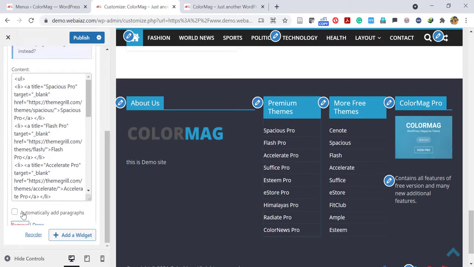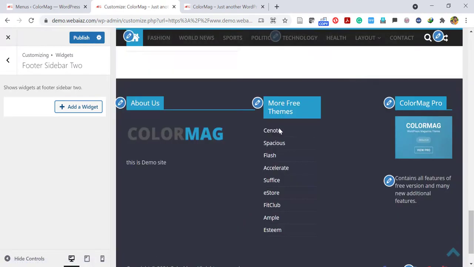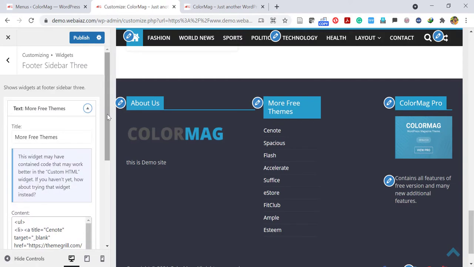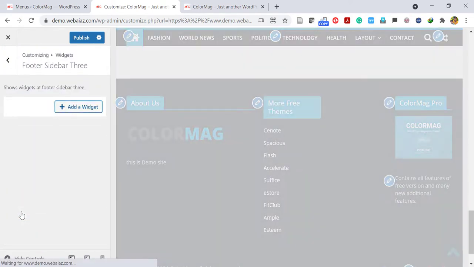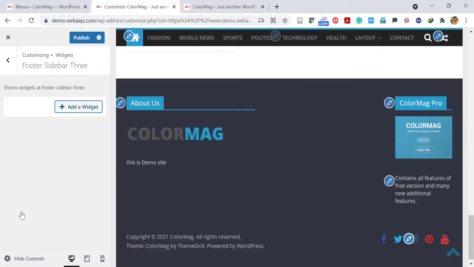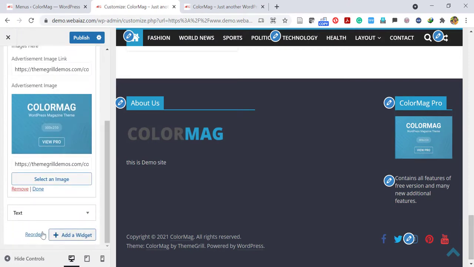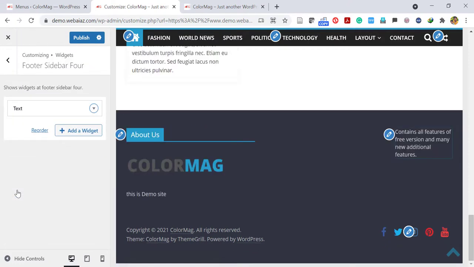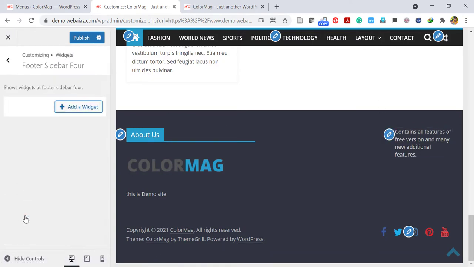And similarly, there is another menu item we already edited appearing here. If you don't want to display that, you just remove it. And similarly another menu item is appearing, you just remove that if you don't want. And also there's another advertisement banner appearing. So if you have a Google AdSense link, you just put the link, or else you just remove the advertisement banner. So unnecessary content you just remove.